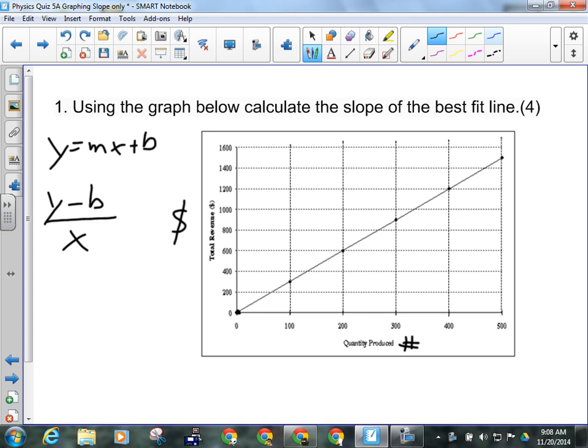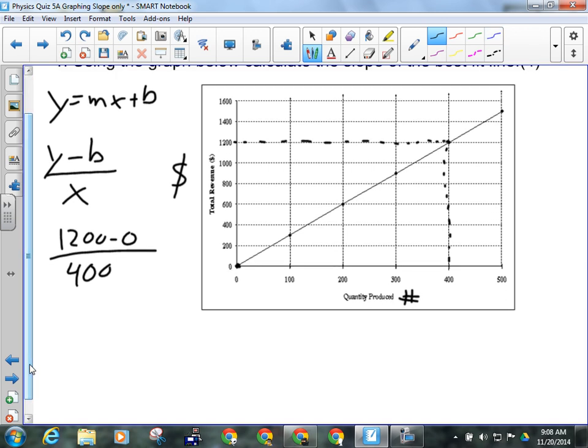All right, and then I'm going to pick another point here. This one here I think looks really good because it's a grid intersection. It also happens to be a point I plotted. Okay, so I'm going to use those two values for y and x. So I'm going to have 1200 minus 0, okay, over 400. Okay, and remember we don't have an x2 under here because x at b is 0. All right, so 1200 over 400 should give me a slope of